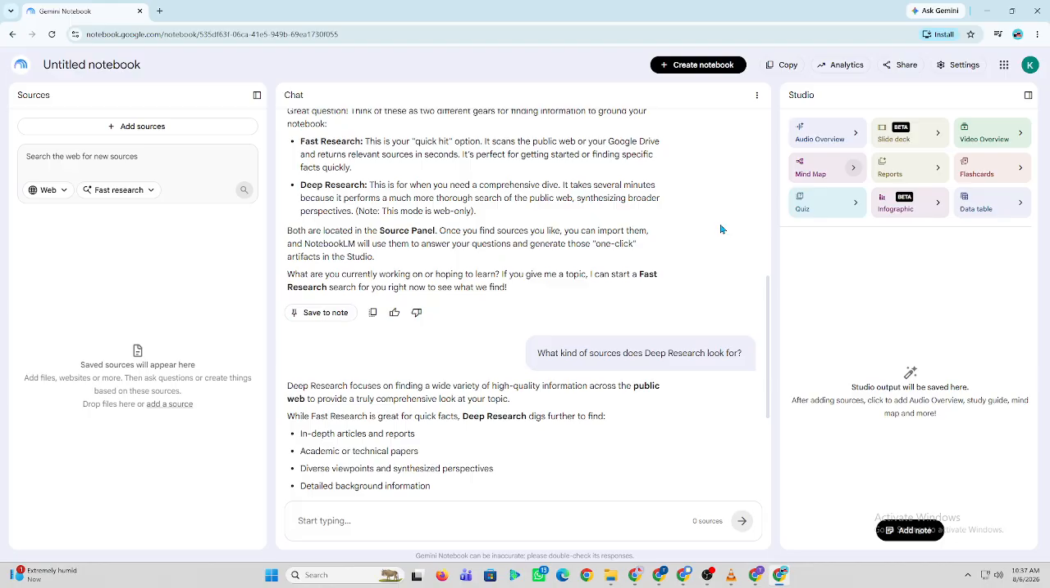And that's how to build research workflows in NotebookLM. By creating a structured process and using AI-powered document analysis, you can research faster, stay organized, and get deeper insights